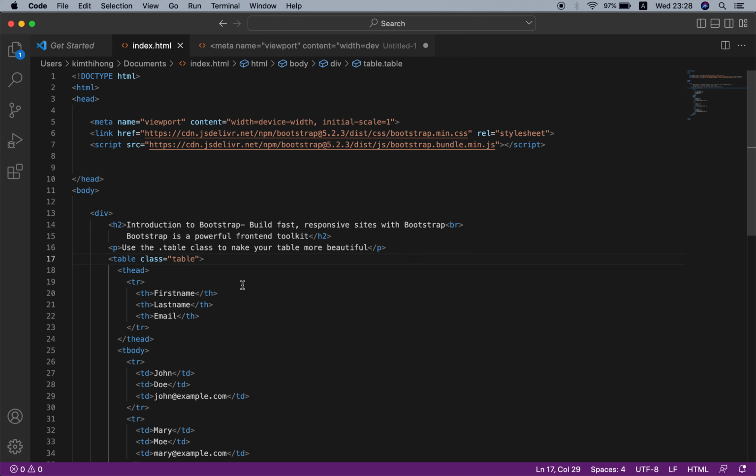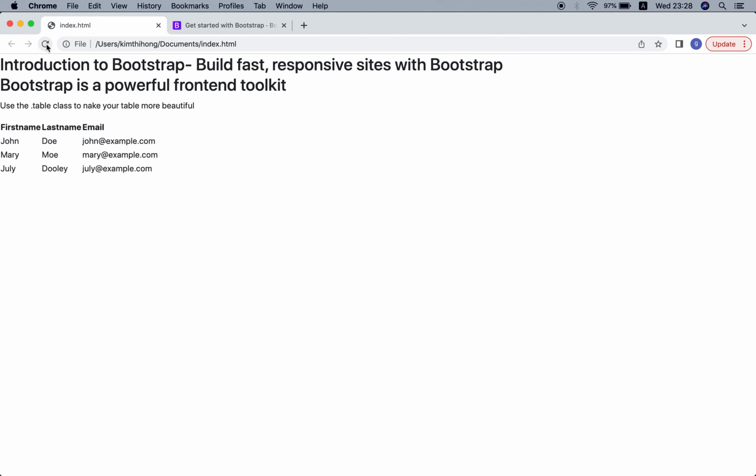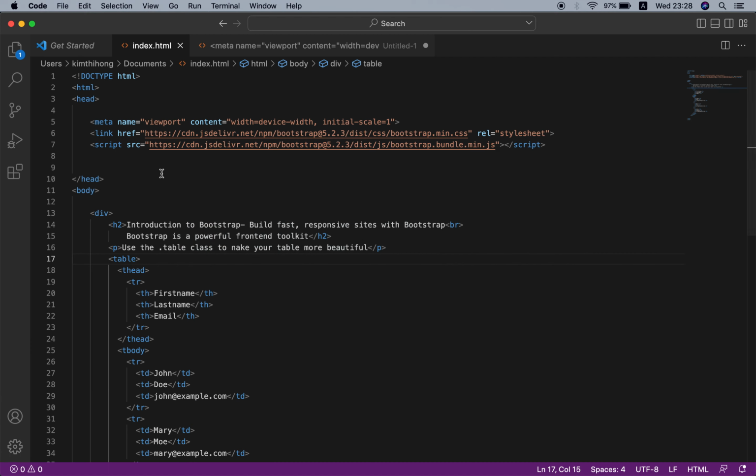And if we do not use this class, that is, we do not use Bootstrap, save and check, it's not good. The table is not good. So it's very easy to make the table more attractive, just use the table class with Bootstrap.